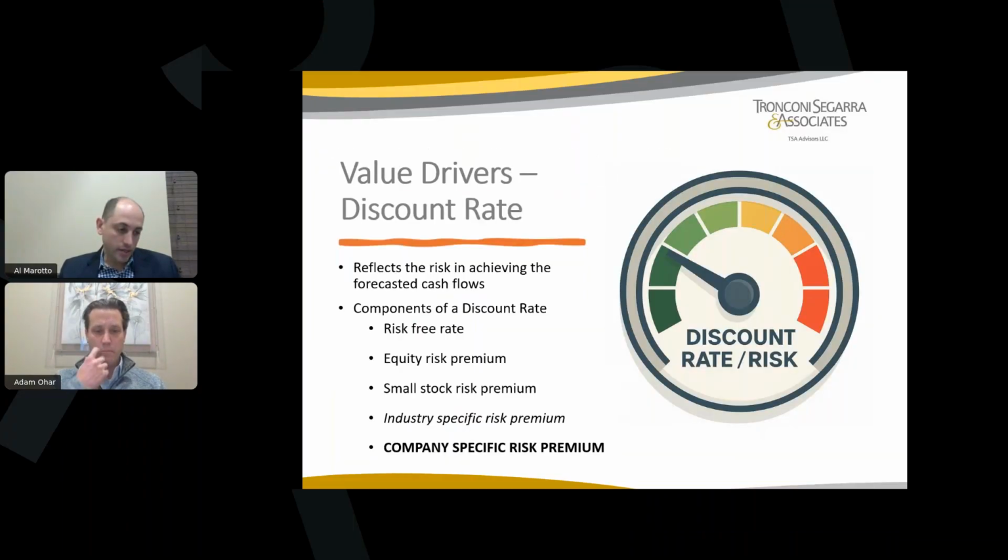And then the second third of the formula, discount rate of risk. Your discount rate reflects the risk in achieving the forecasted cash flows. This is really a mechanism for the investor to influence how much they're going to pay for your business so that they can achieve their desired rate of return, or so that they can limit their risk exposure to your business. Because an investor cannot influence that $1.7 million that I forecasted. They can't guarantee that's going to occur.